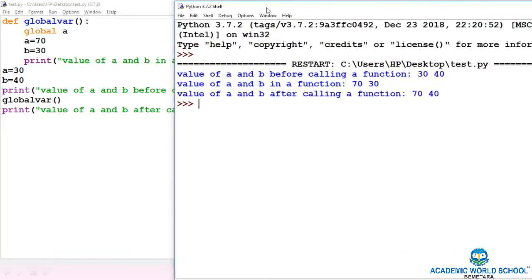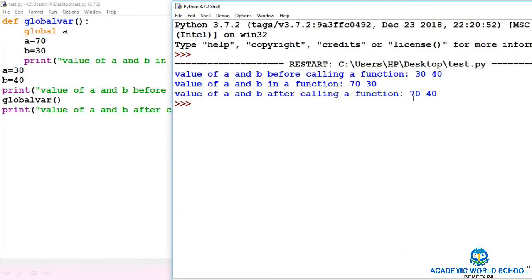After calling the function, the value of A is 70 and the value of B is 40. The value of A is changed after calling the function, but the value of B is not changed. Why did this happen? Because A is a global variable declared in a function.